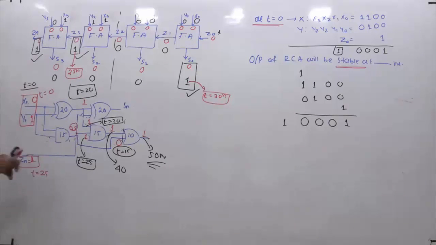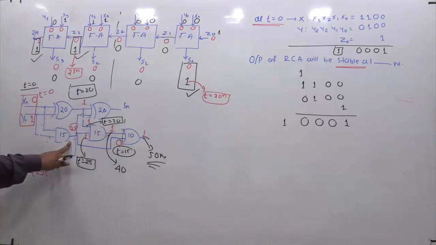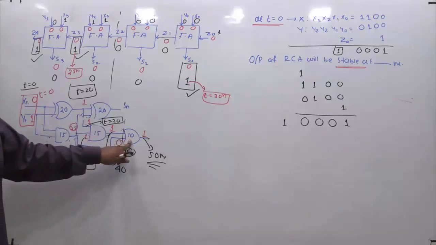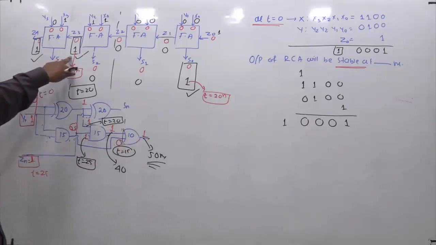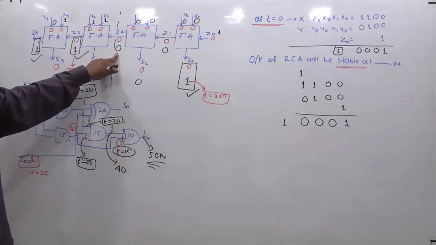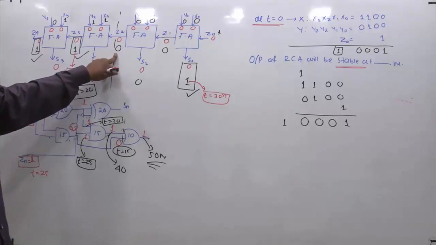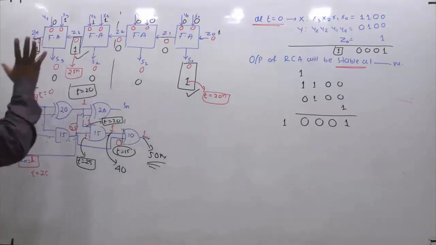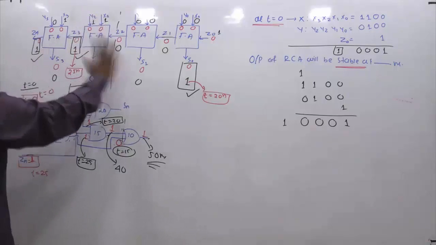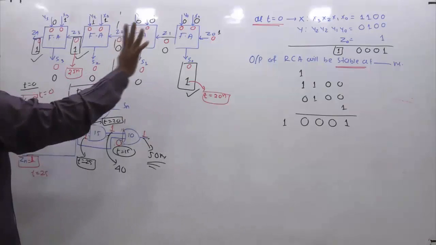So the delay which is getting involved is the delay of this and this gate only, because 1 1 it will process, it will take 15 nanoseconds. And its own delay is 10, so 15 plus 10, 25. You are going to get this at 25. It's happening because this 0, you are not including any delay to get this 0. It is already 0 in the initial condition itself. So I don't have to wait anything for this. So directly I will check what is the input to this. It is 1 1 0. So whether I have to wait some time to get this 0, answer is no.